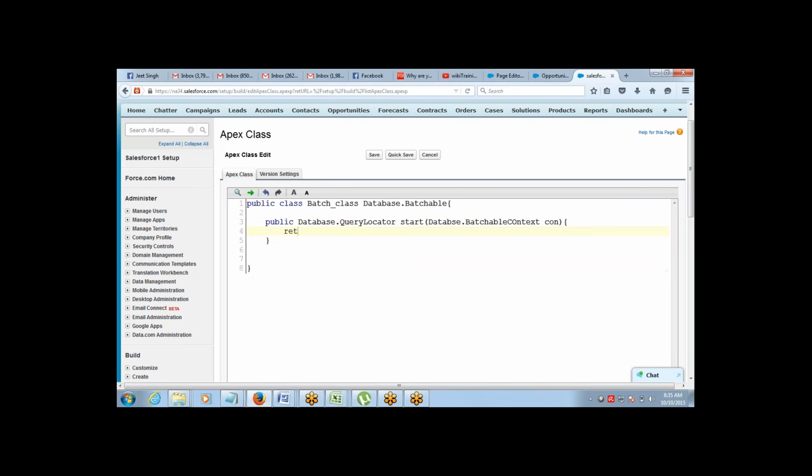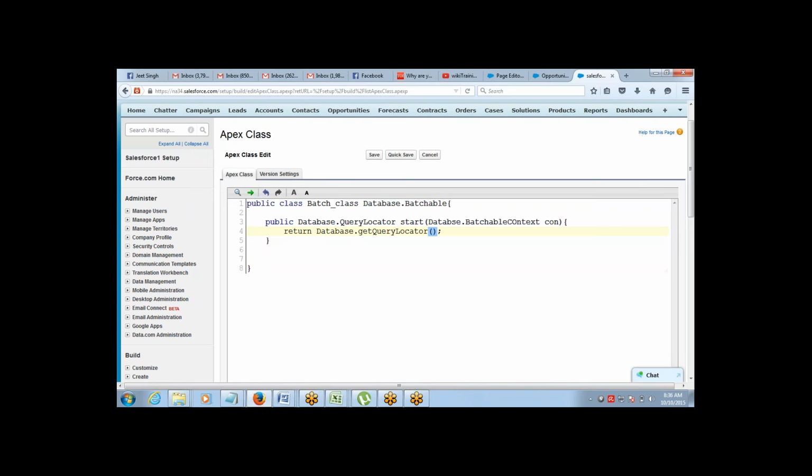So here it should be return Database.getQueryLocator, and I have to supply the query inside it, the query for forming the batches. Whichever object you want to pick, you'll have to query that, and you'll have to query the data as per the batches, right?